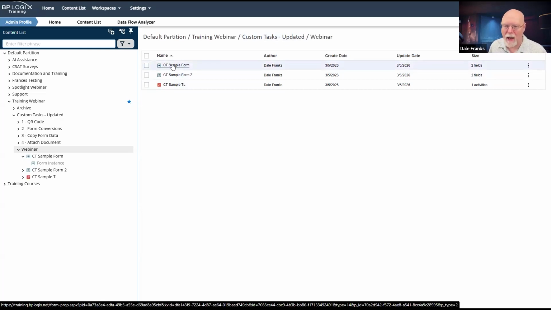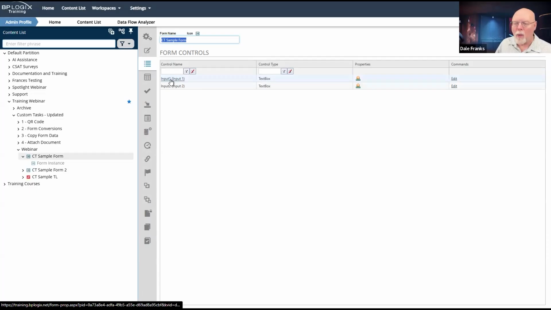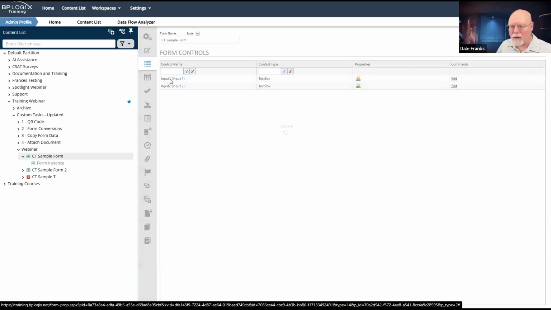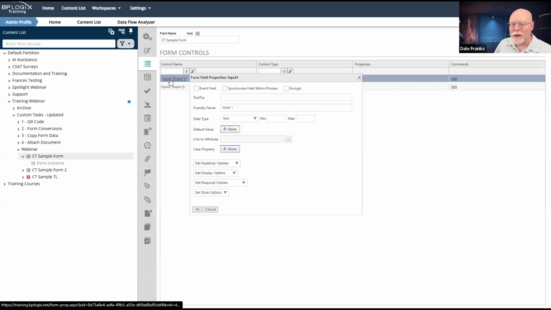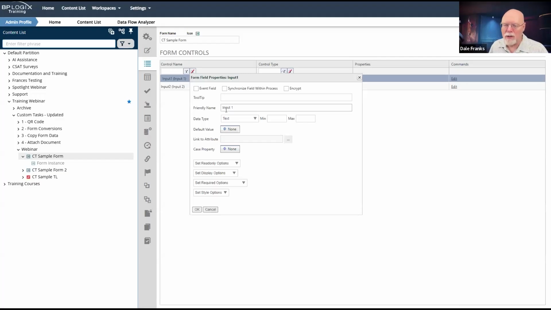So if I open up CT sample form, which is form 1 in this case, let's say I want whatever the value is in this field on this form to be automatically synchronized with every other form that I'm going to use in this process. So all I need to do is click that button right there and hit OK.